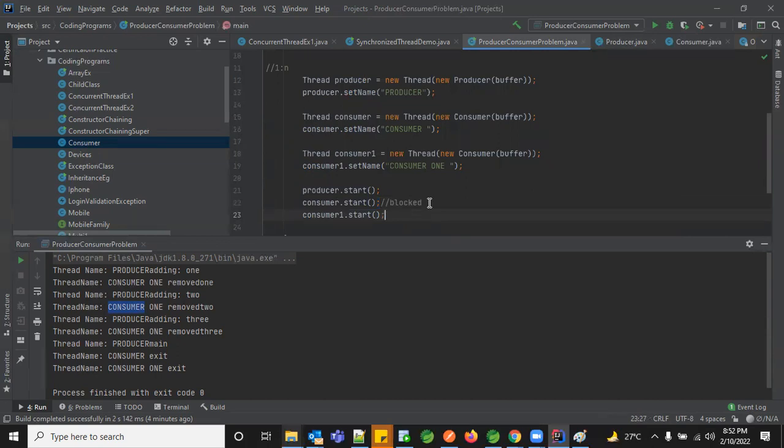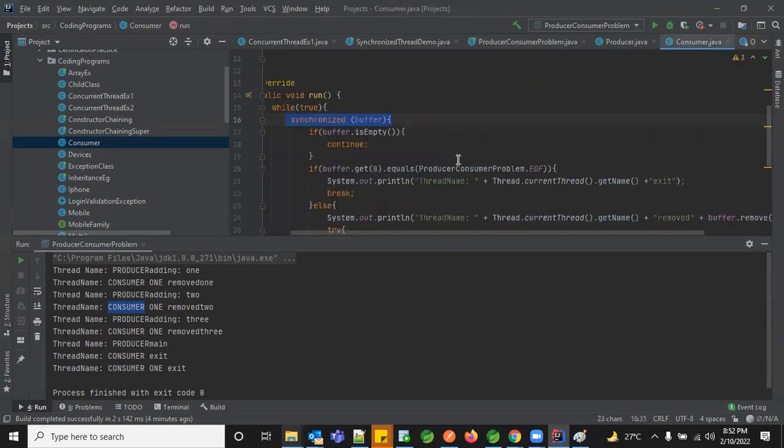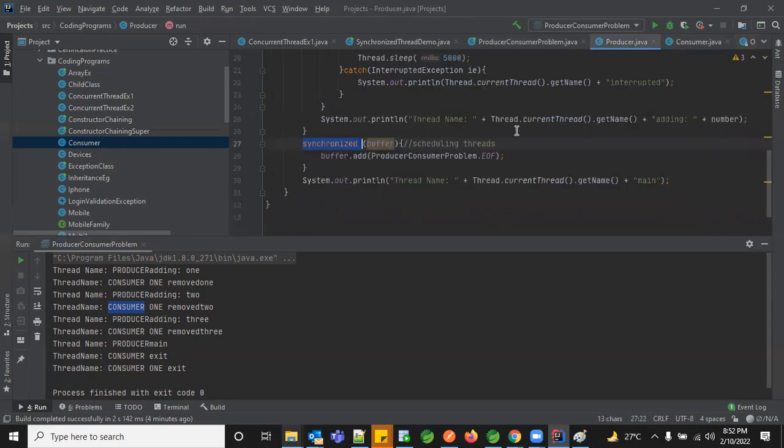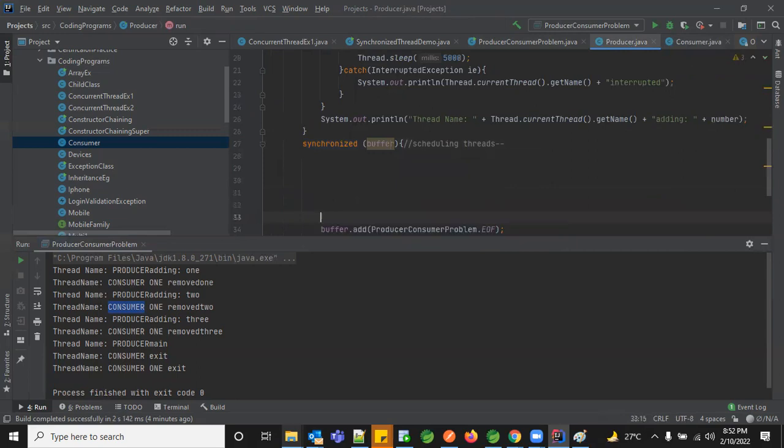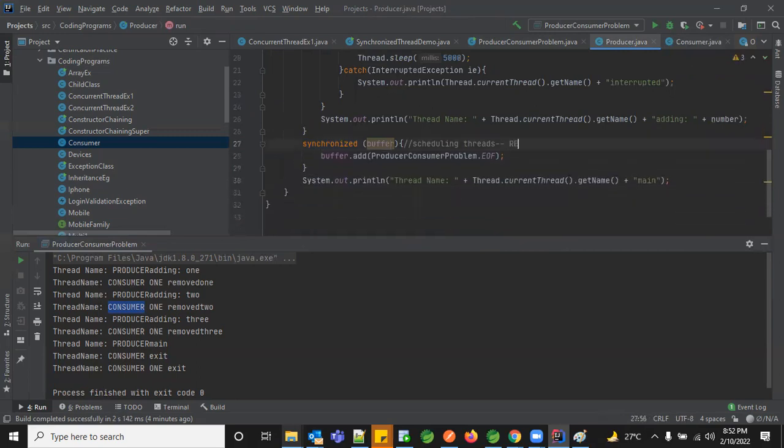The thread scheduling, which we failed to achieve using the synchronized block, can be achieved using something called ReentrantLock. It has a configuration policy where you can say that after a particular time frame, please release the lock.